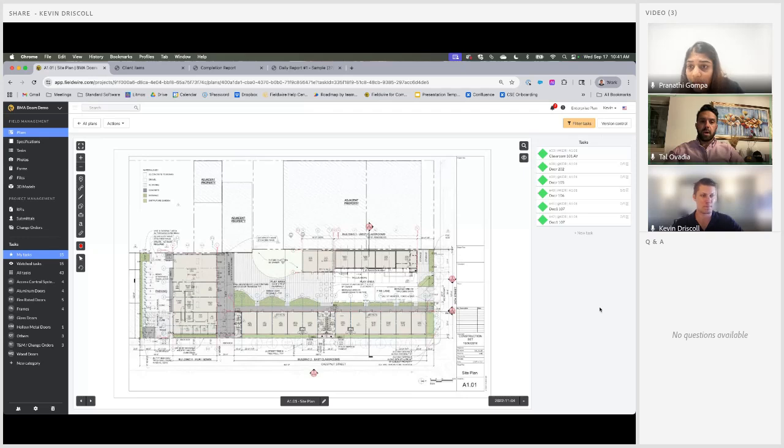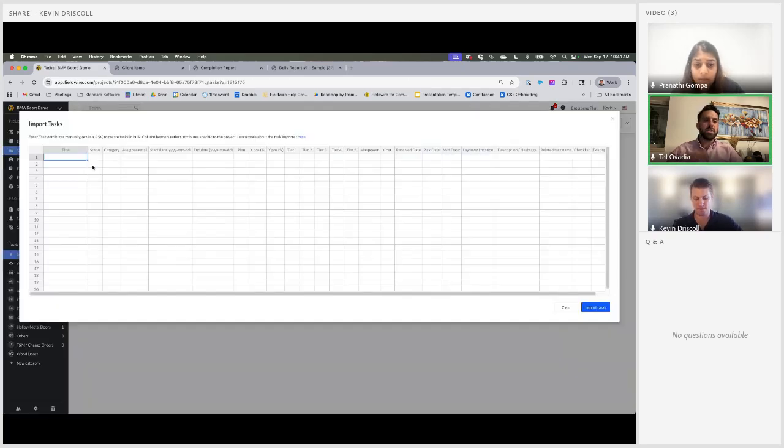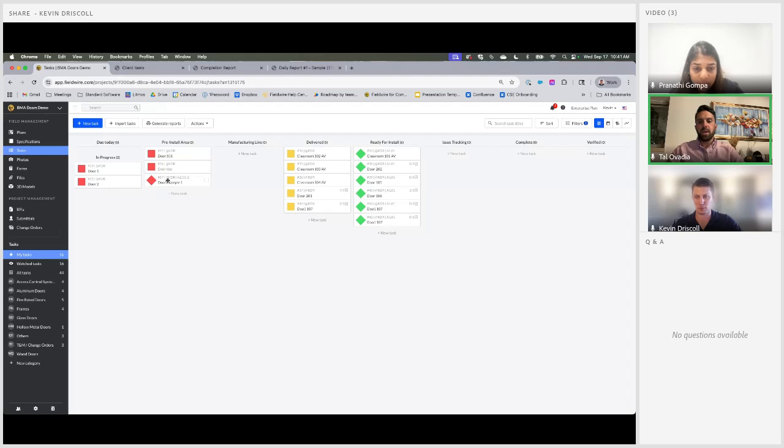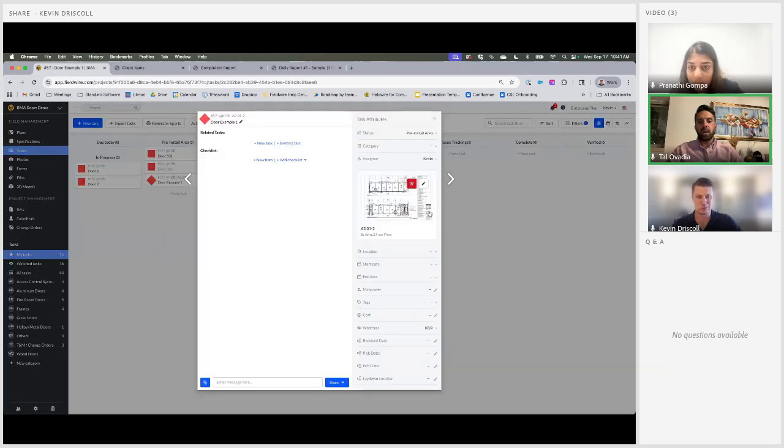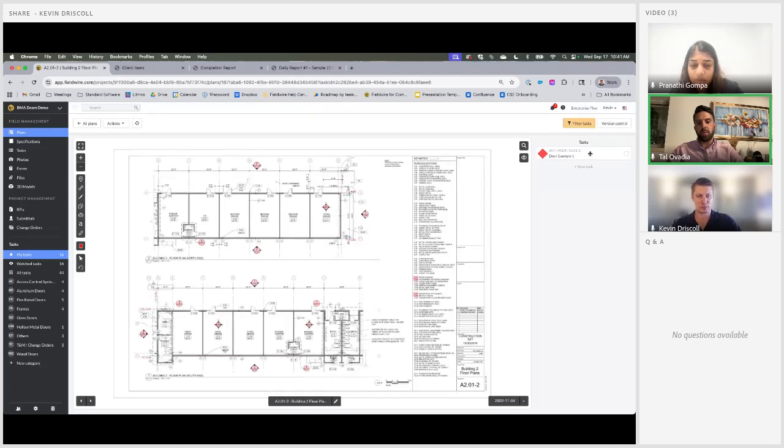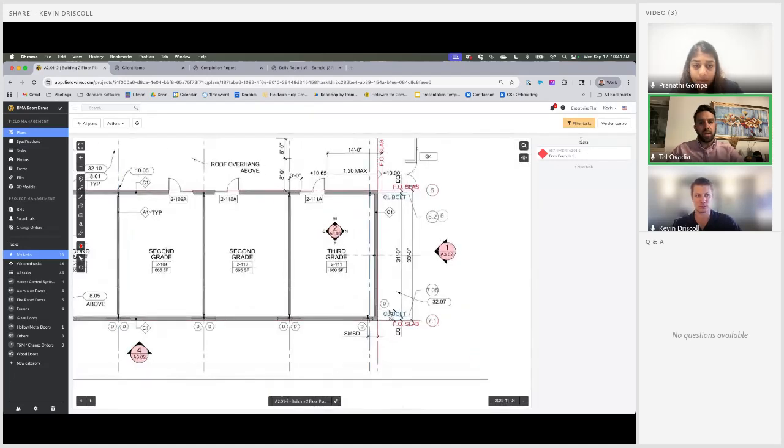Yeah, so great question. Basically, what we do when we're importing tasks is we associate the doors with a plan. This is pretty specific to our data, but doors, when they're in the Excel schedule, it's pretty clear, you can identify, let's say, what floor or what area they're in. And you can associate it with the plan. And when you import it, what you'll see is, just like Kevin was in that plan view, it'll be associated with the plan, but it won't be dropped on the plan. So then when we go to the opening, we have to drop that pin in the opening.